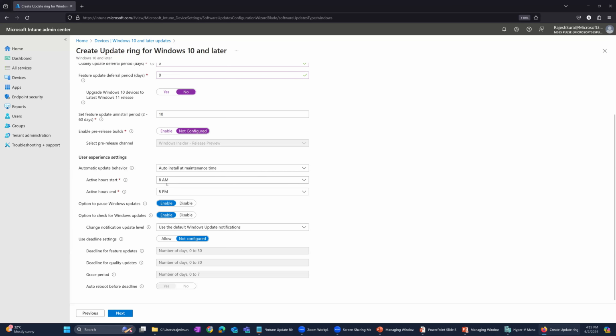In my office, employees come at 8 a.m. and leave at 5 p.m., so that will be my active working hours. And this setting here, auto install at maintenance time, means automatically the updates will be installed outside of these hours, which is before 8 and after 5. It will not install during office hours, because the maintenance time is out of office hours. So these are the things that you need to consider. If people are really coming from 8 a.m. to 5 p.m., the updates will never be installed,